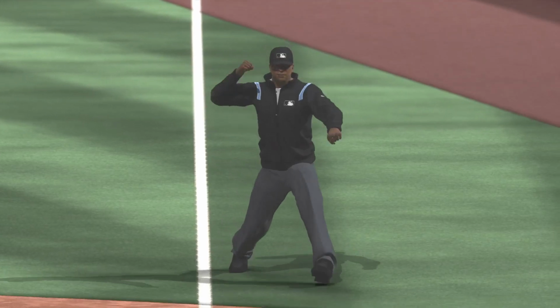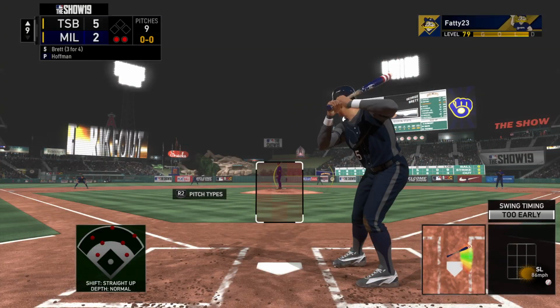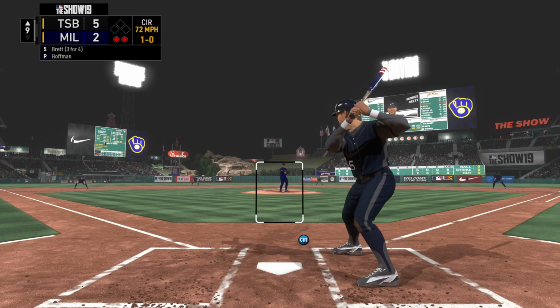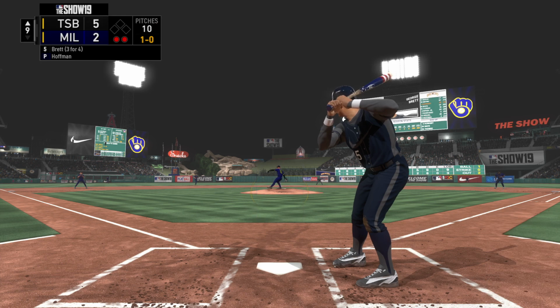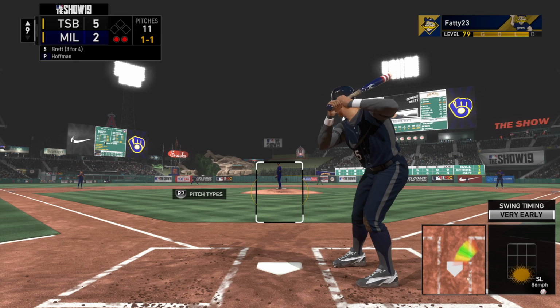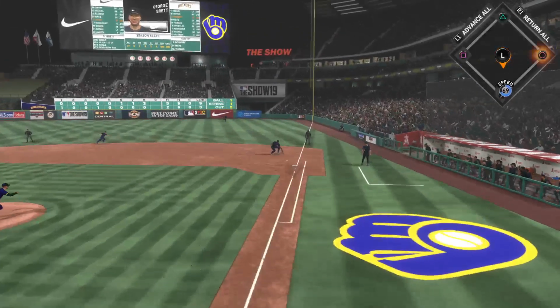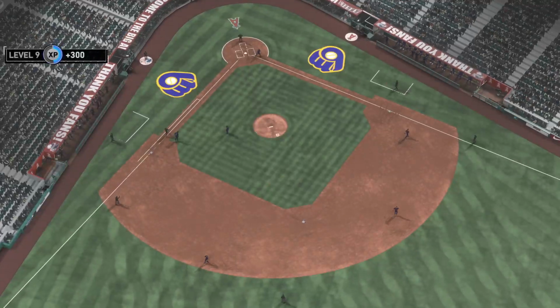And did he hold up in time? A look down, and no, he went around. It's strike 3. Here comes the first pitch. And no swing, apparently. Ball 1. And he'll try to hold back the swing, but he'll do so unsuccessfully as that's ruled a strike. Hit on the ground down the first baseline. To his left, Thomas. And he'll step on the...